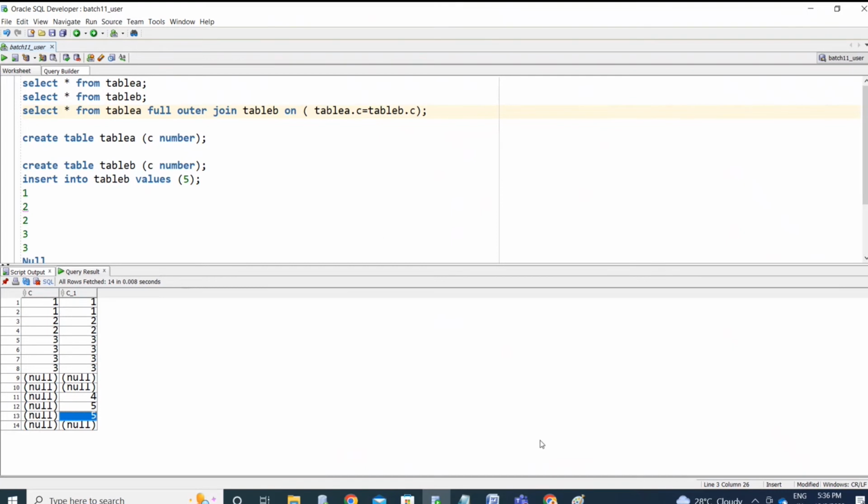And is there any other joins? Yes, we have the other joins, the Cartesian product. The Cartesian join or cross join is a join. If you haven't mentioned any join condition, it will go for the Cartesian join. And we have other joins,